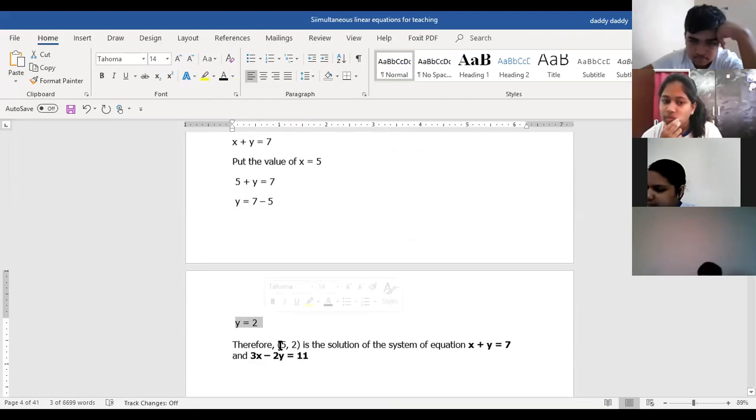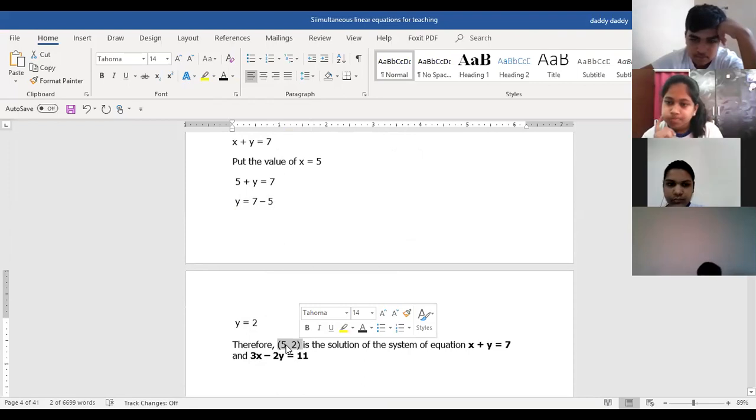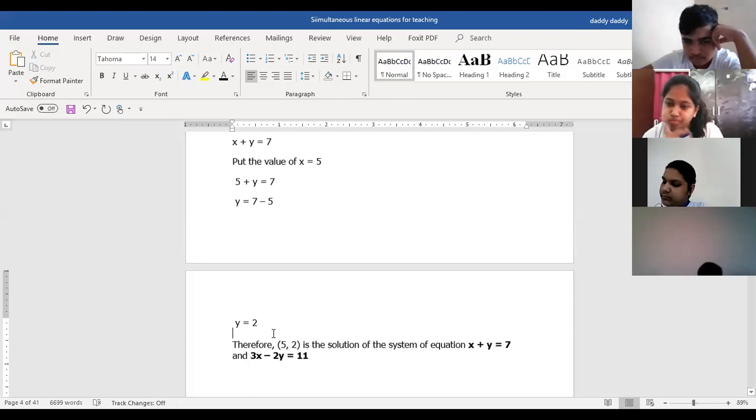Now that means, every time whenever you get a value of x and y, you have to write it in this form, ordered pair. 5, value of x is always written first, then put a comma, then value of y, and both of them inside circular brackets. This is how we express the answer in this chapter. So it is not that open values you will write, every time the final answer.